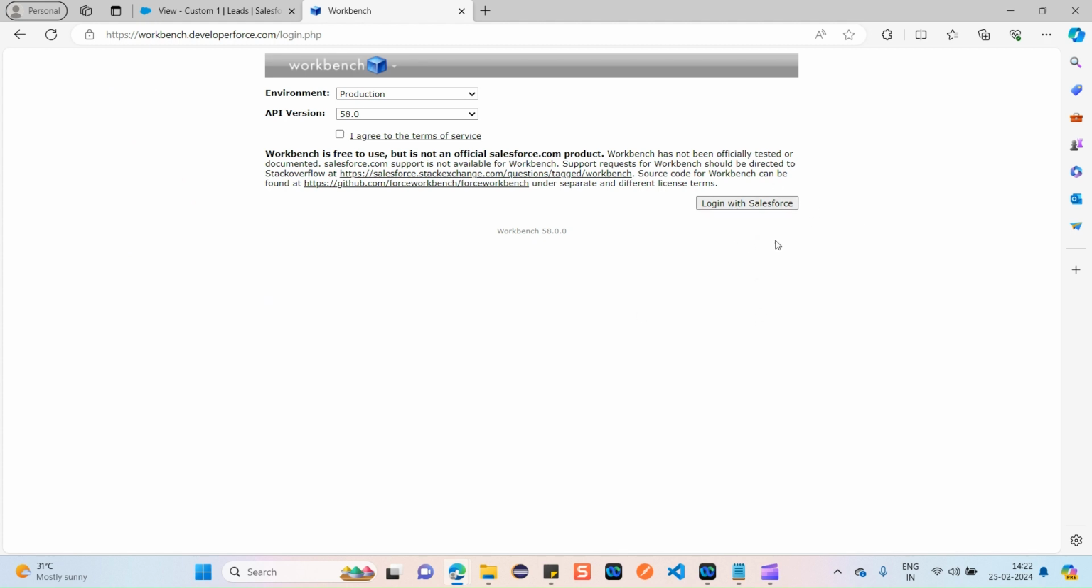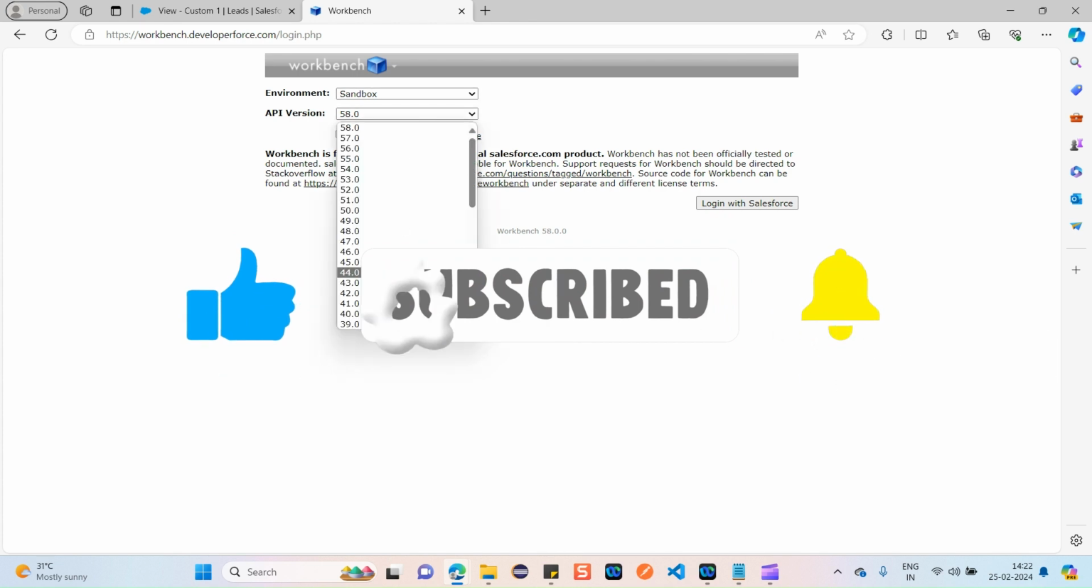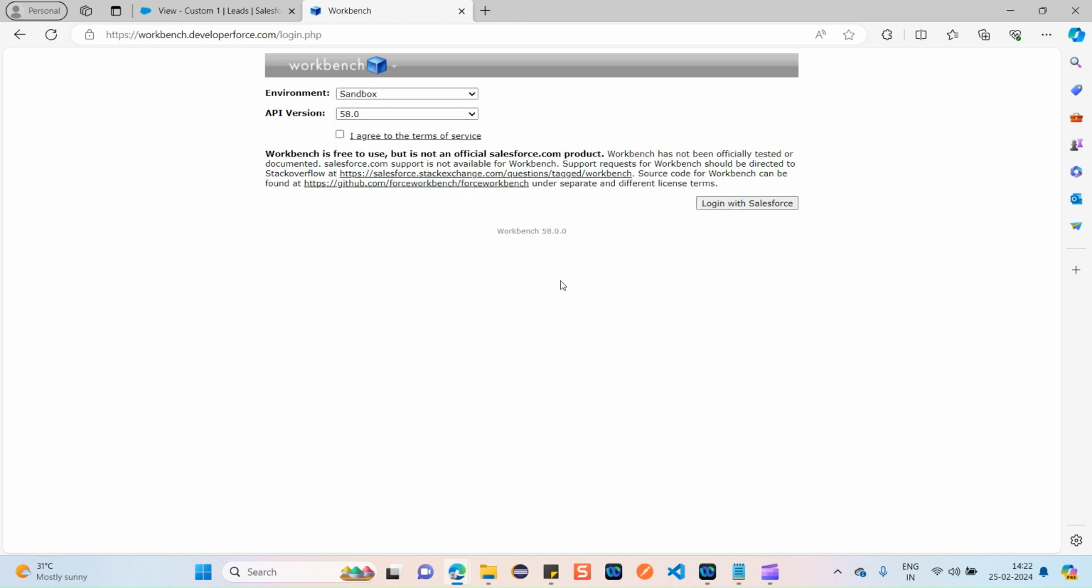Okay, so you can just go ahead and log in. If you have your Salesforce credentials, you can select your environment over here, whether it's production or sandbox. Select the version which is suitable, and just go ahead and log in with your credentials. And over this